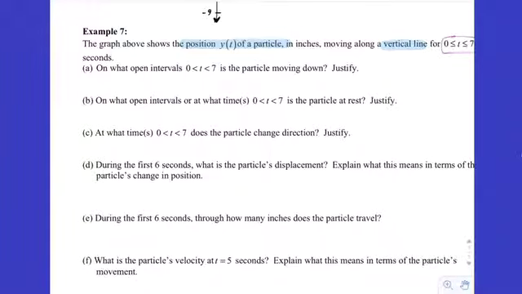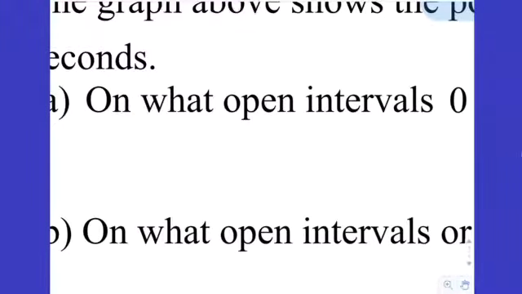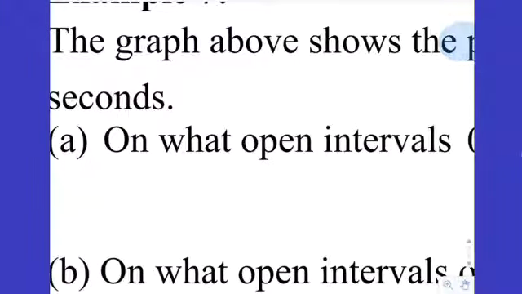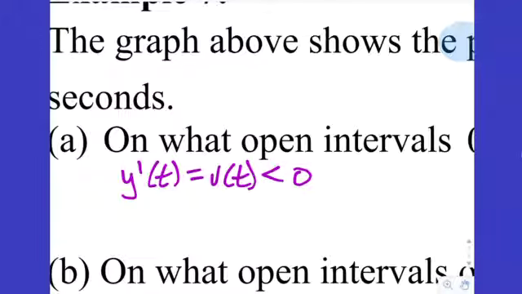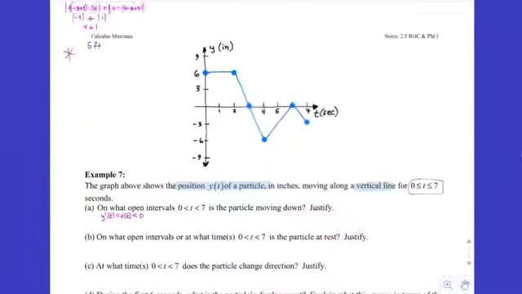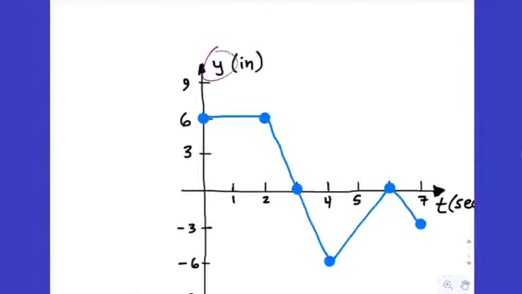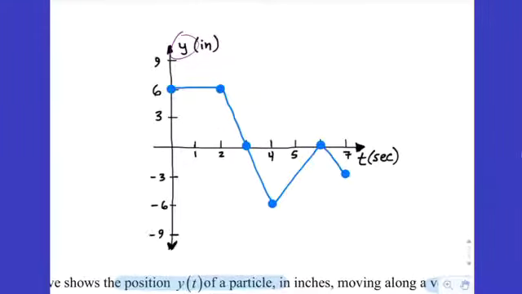On what intervals is the particle moving down? Well, what do I know? I know that the particle is going to be moving down when the derivative of position, which is the velocity, is less than 0. Okay, I got that. All right, so if this is the graph of y, I want to look at the derivative of this graph, which means I'm looking at the